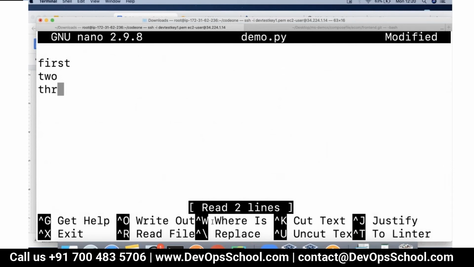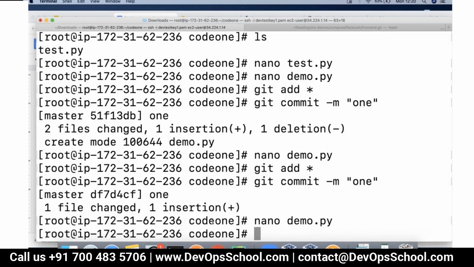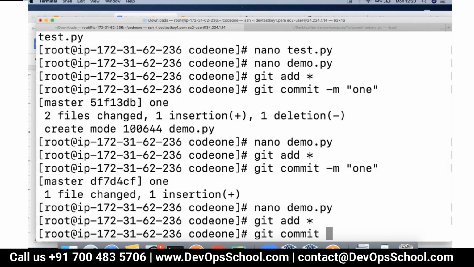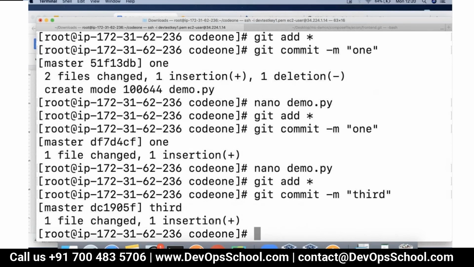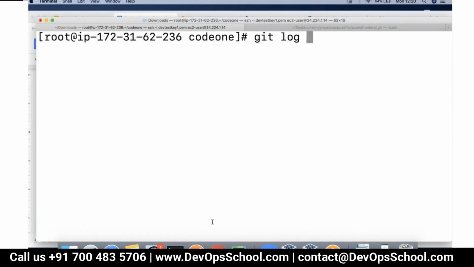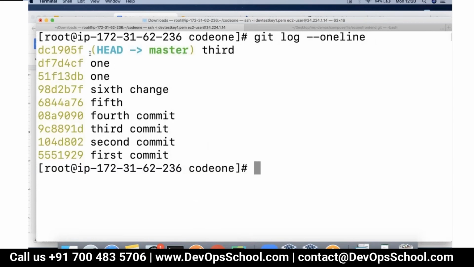And let's say I add a third line here, we save it. I'll again do git add star, and I'll do git commit. And this is, let's say, the third commit onto this file. And we know there have been 3 commits made into a specific file in very recent times, right? This 1, 2, 3 are the changes that we have made into the git demo.py. Now, if I would like to go back to this point in time, or let's say revert it,